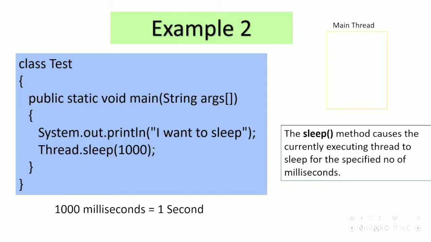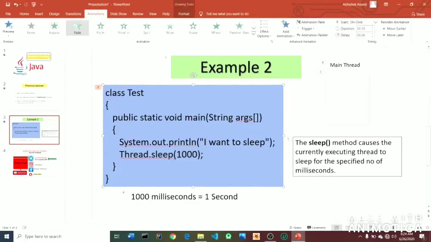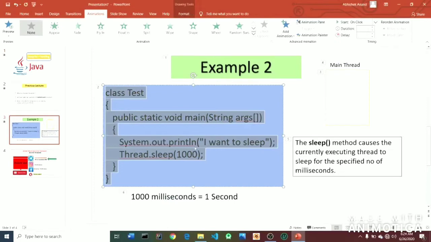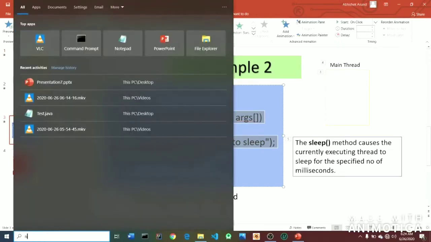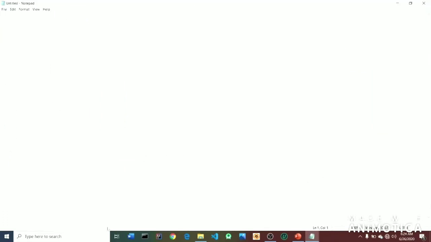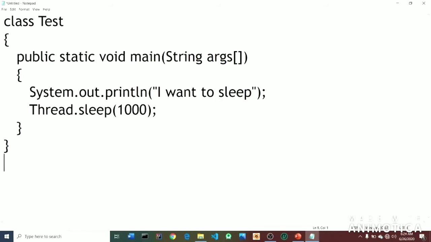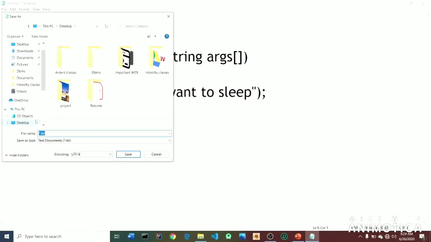So let's understand practically. Let's copy the code and paste it into Notepad. Let's save the file on the desktop with the name Test.java.